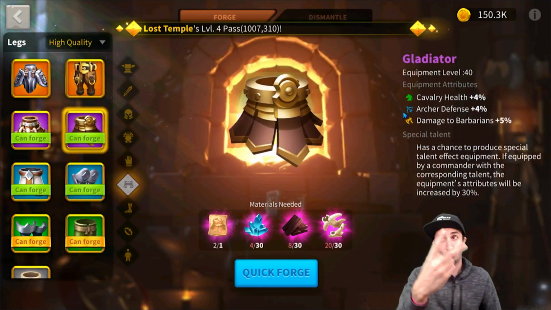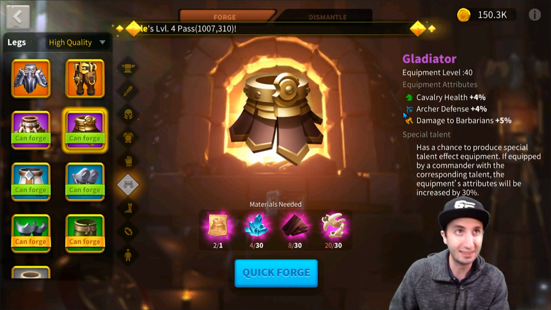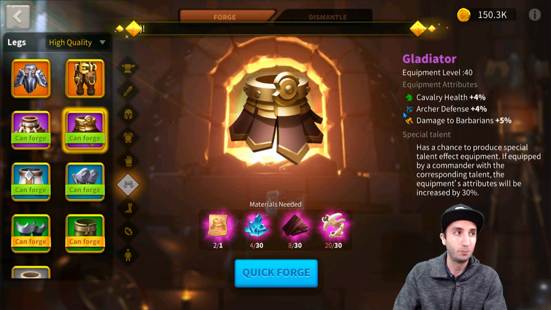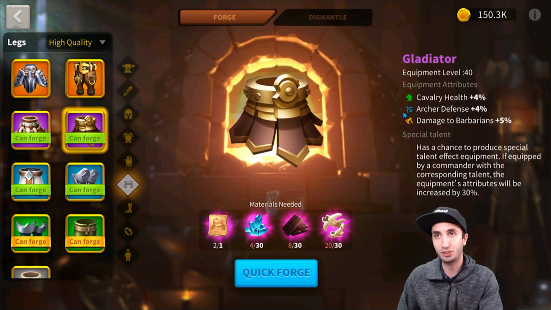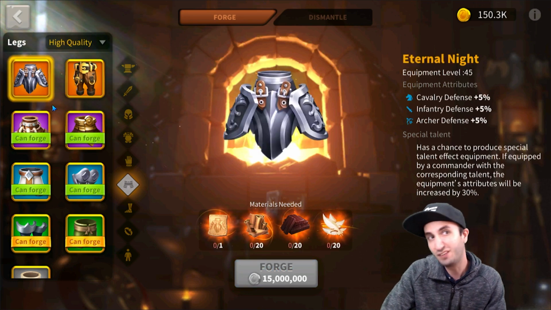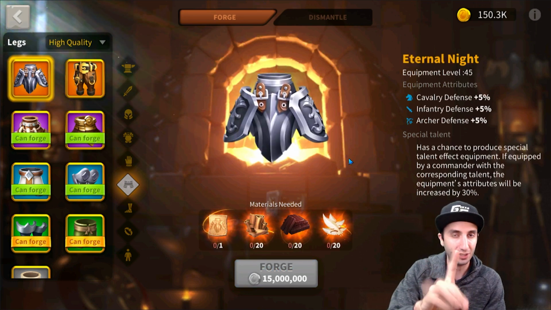As you can see, I have 2 of these blueprints. It is doable to get them. It's going to take you a little bit, but you will get there. And once you do, very, very good 4% Archer defense for you. That's the top end when it comes to a piece of equipment. As you can see, 5% could be nice, but there is a catch about this, which we'll explain in the